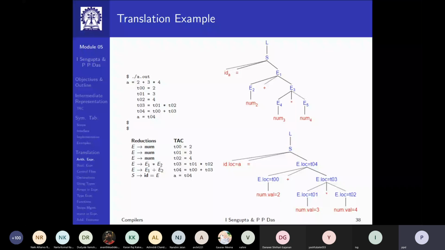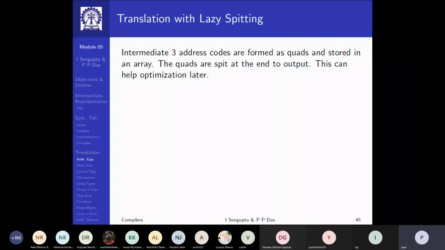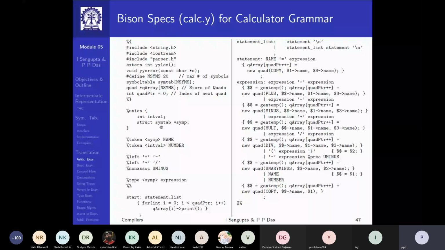So more often what is done is, instead of writing it as a text file, you make a data structure for representing a 3 address code. A data structure for a 3 address code would be a structure having 4 components. So it's a quad, and then you make an array of quads because it's coming one after the other.